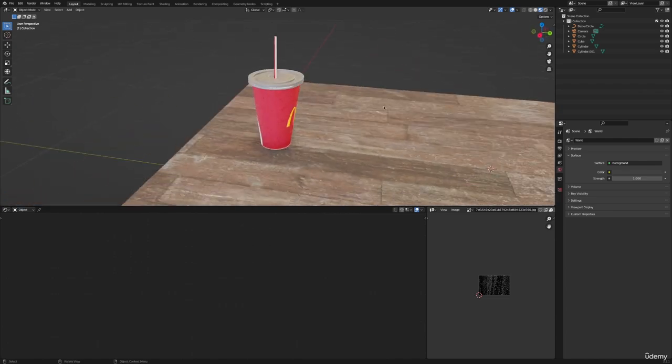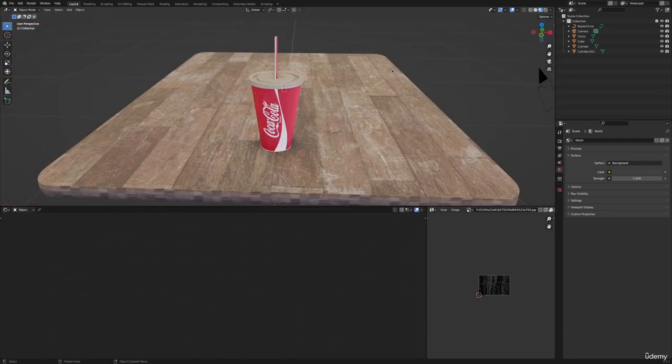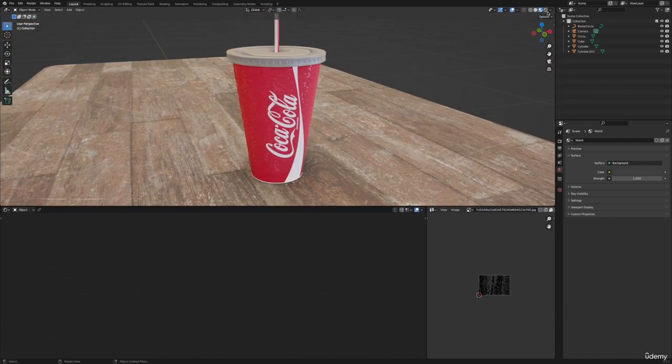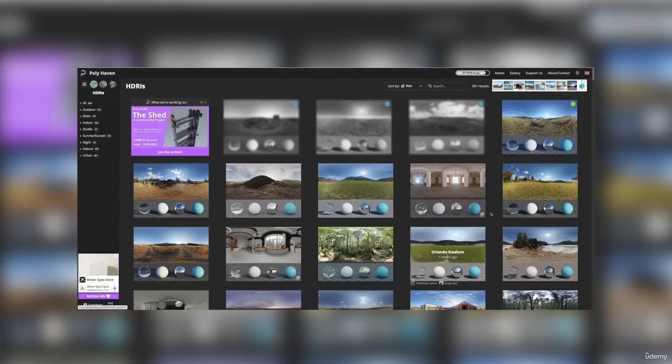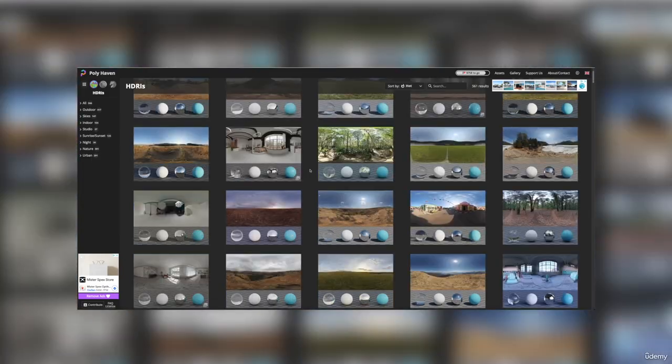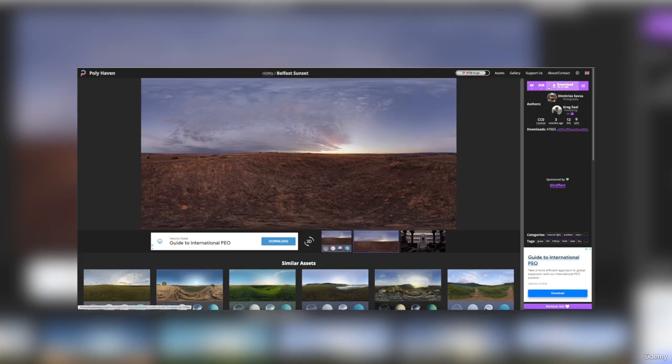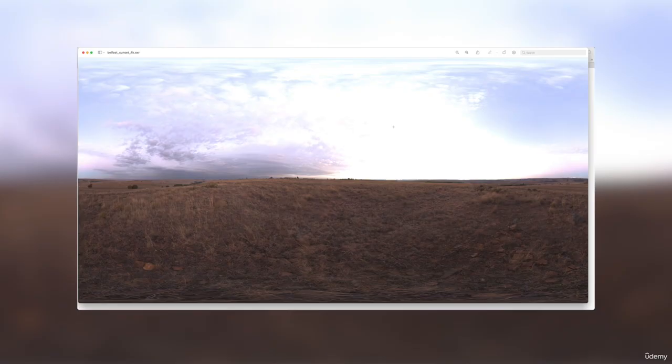So how can I find HDRIs from the internet and then put them in Blender? Well, on the subject of that, you can go to a website called polyheaven.com, and here you can simply click on HDRI, and then you have all possible HDRIs right in front of your nose. You can then simply click download, and you can also select the resolution. 4K usually is more than enough for what we're going to be doing,